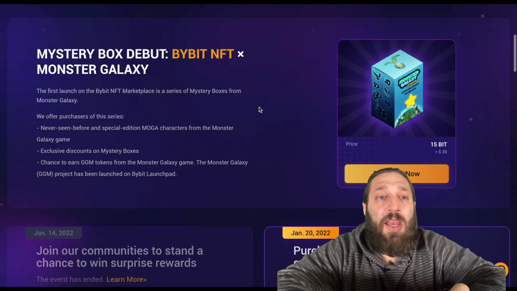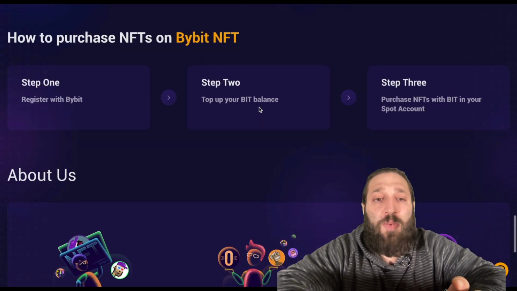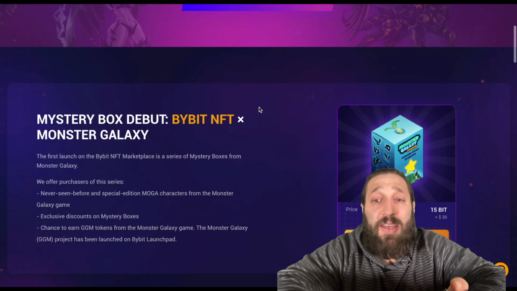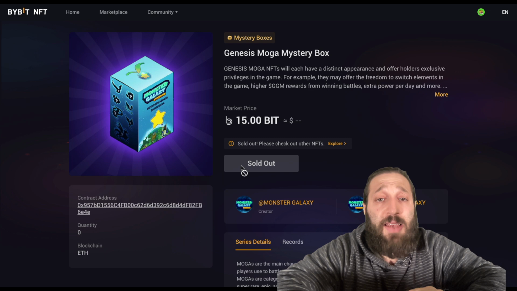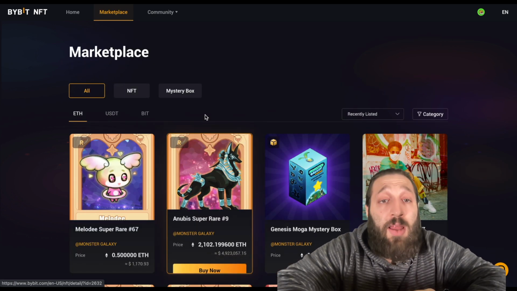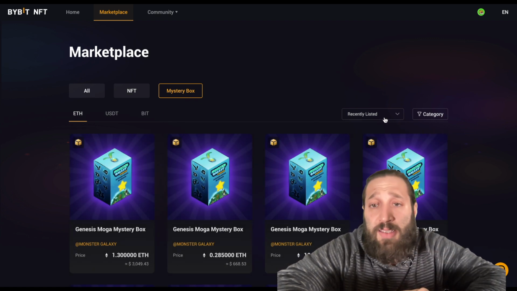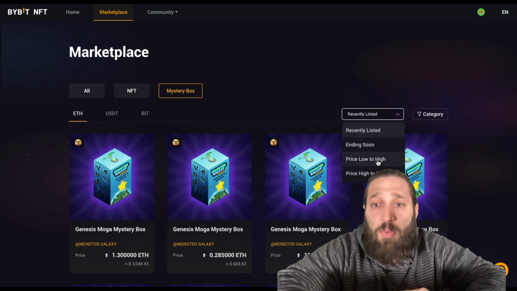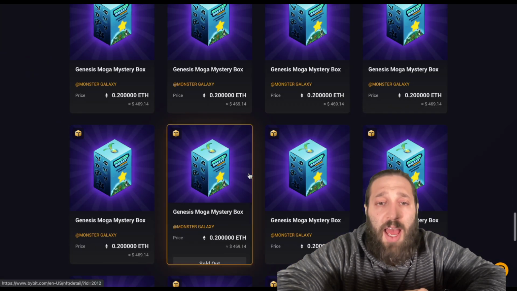So Bybit NFT in Monster Galaxy, and you can see right here you have the chance to open up some rares. They are actually sold out. If we go to purchase them right now, they sold for $15 and they are sold out. So we have to go to the marketplace to get them, and I'm actually gonna buy one live, and hopefully we get a rare. So mystery boxes are right here. Let's go to price low to high, and these are all sold out. We're going to have to